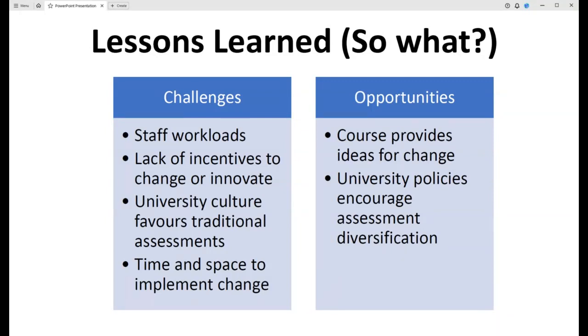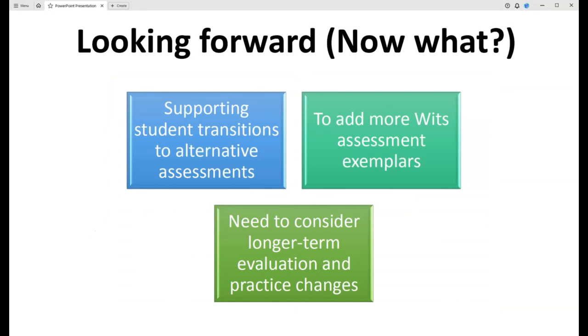So although the course does provide some ideas for change, I think many of the academics who take the course then battle with the time and space to be able to implement those changes due to other commitments and workload issues as well. So just briefly, in terms of the "now what", going forward, I think we focus very much here on working with academics and supporting their transitions to thinking